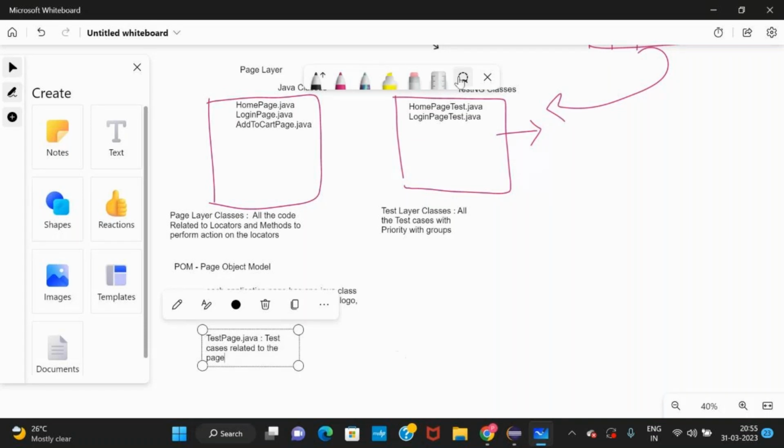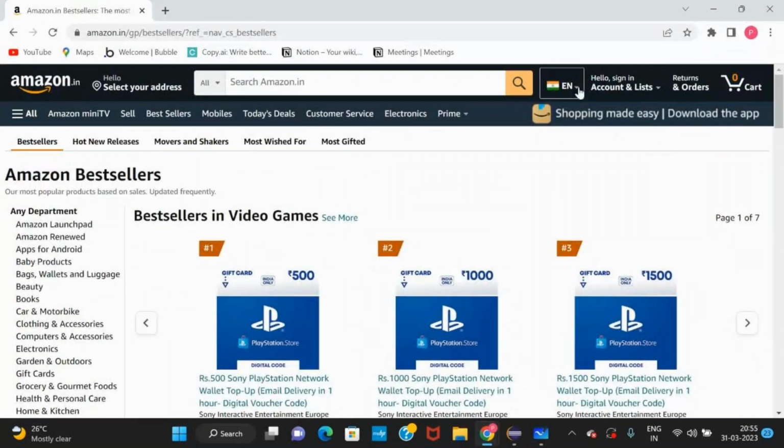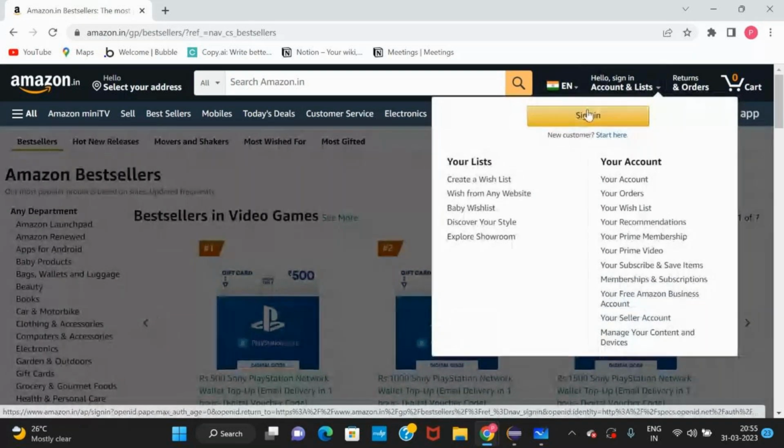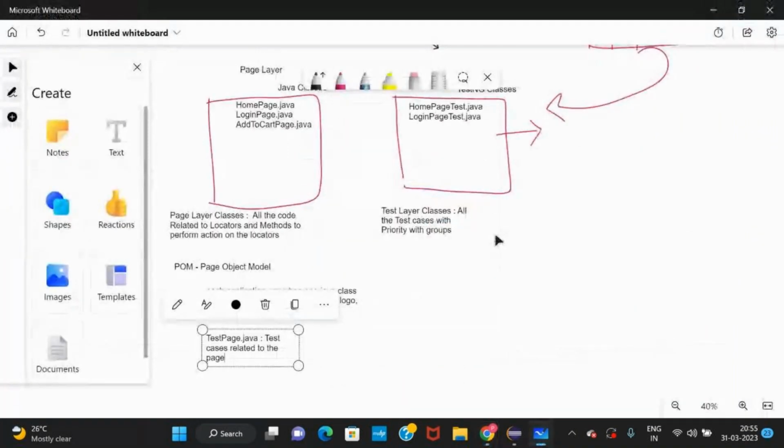Okay, LoginPageTest will contain test cases related to the login page only. What is the login page? Here it will be sign in, right? If you click on sign in, it will show a phone number, continue, password and login. Test cases related to the home page are available in the home page test.